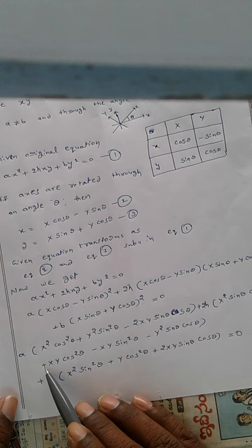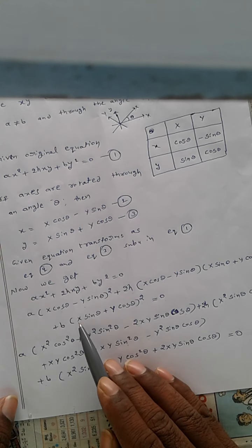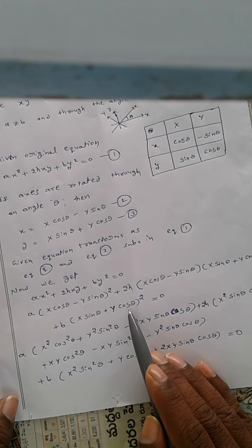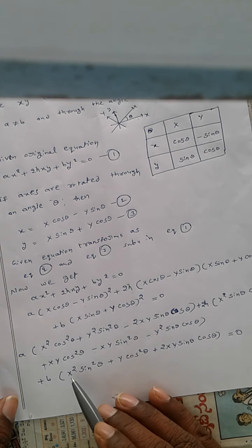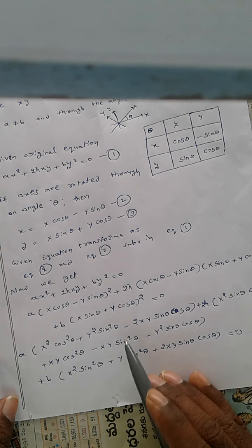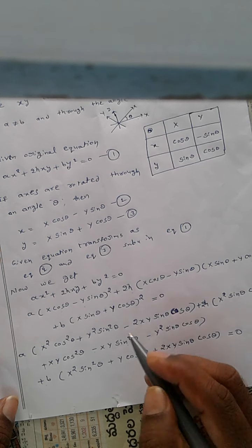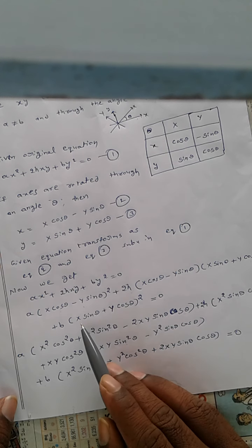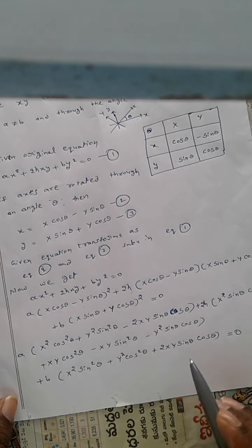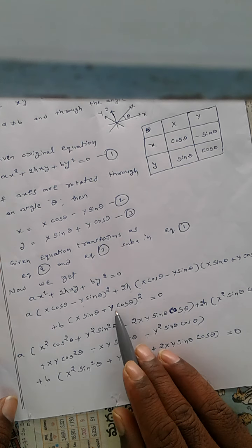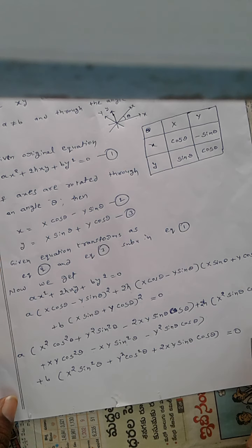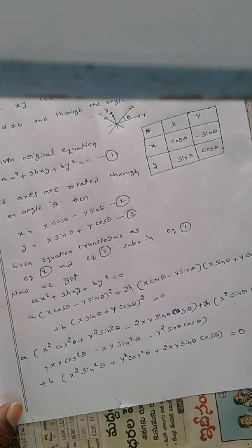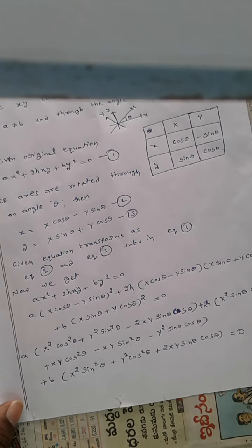Next, what? Plus b, this is the (a plus b) whole square formula: a square plus b square plus 2ab. A square means x square sin square theta, plus b square means y square cos square theta, plus 2ab, 2 into xy into sin theta cos theta, that is equal to 0. So this is simple. Simplify this equation, after we get,